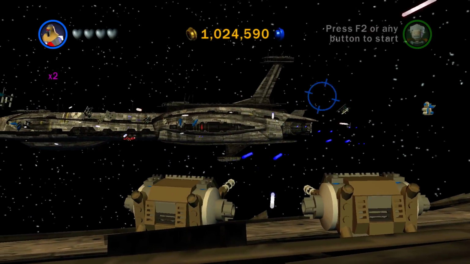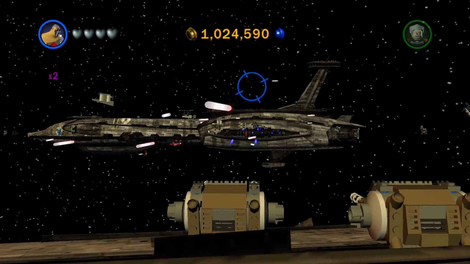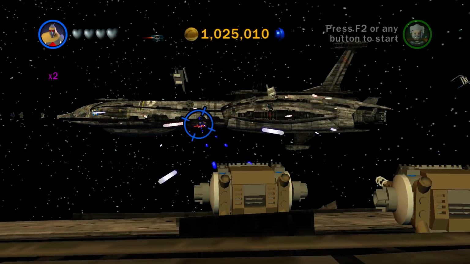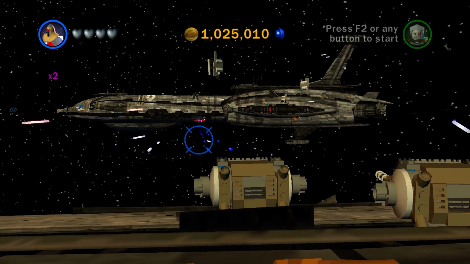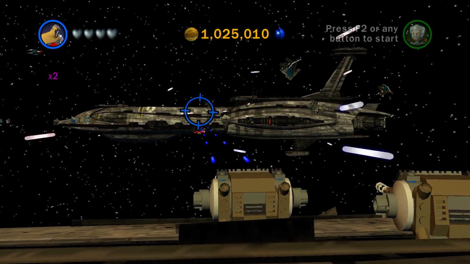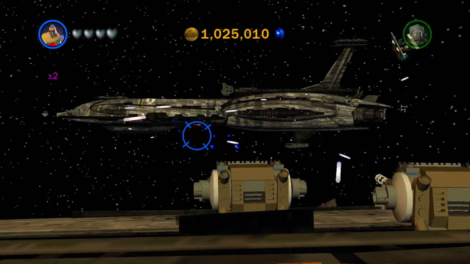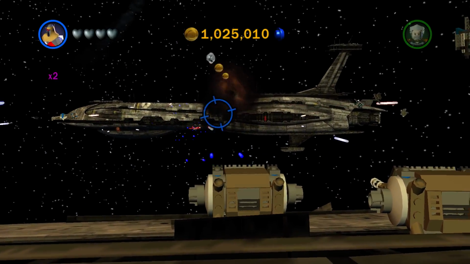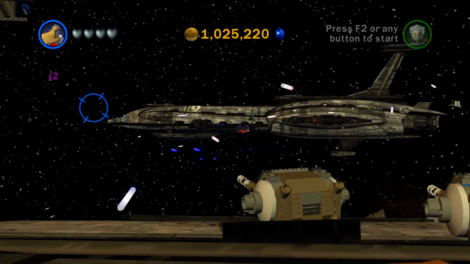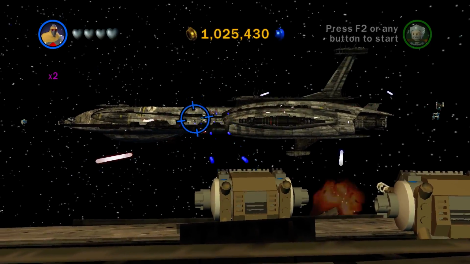So there must be a vehicle out there that has like a grappling hook or something, because this should be doing something and it's not. I'm just slowly going over each thing. We'll just kind of circle in the area and see if a shot actually hits it. Like, we can hit debris fine, but